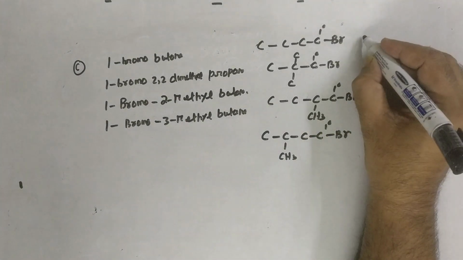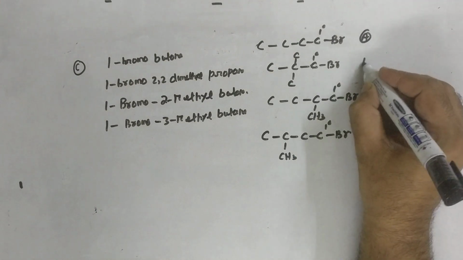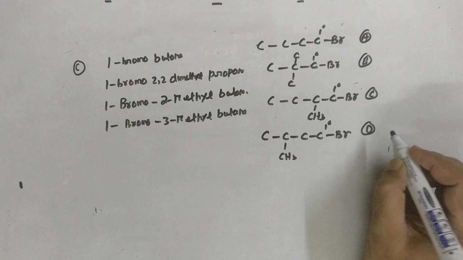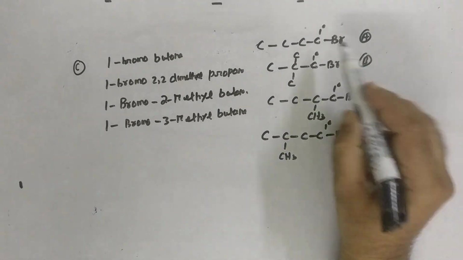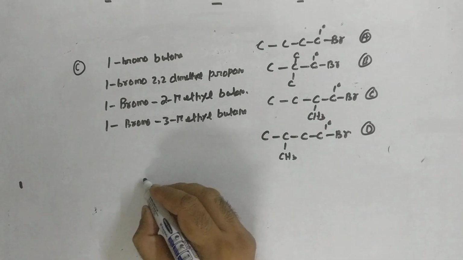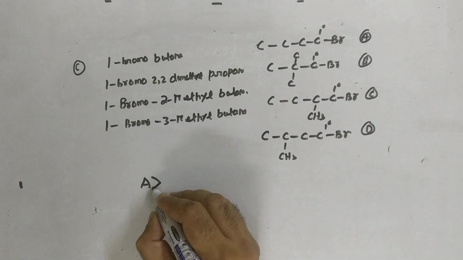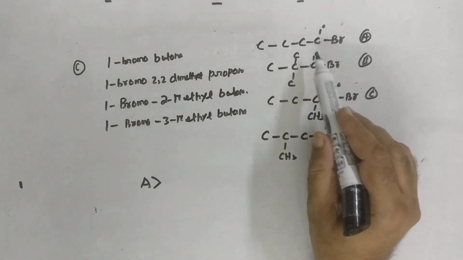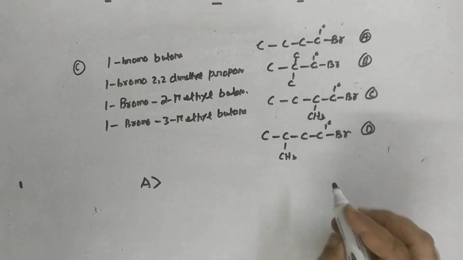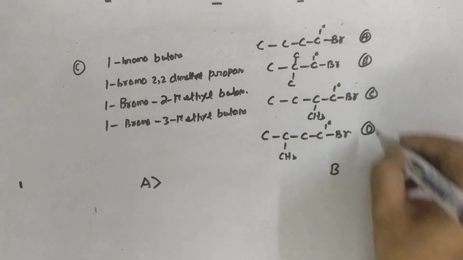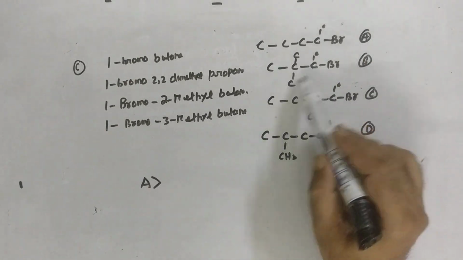Anyway, this is A, this is B. Problem is that in this all of them are primary. So the one which will be more reactive will be A, because you can see there is no crowding at all, no branching and all that. So A will be the most reactive. Then you can see there are two branching over here. Steric hindrance will be higher. 2 methyl groups present over here. So B will be the least reactive. This is the biggest dud out of all the 4. More branching, more steric hindrance and all.